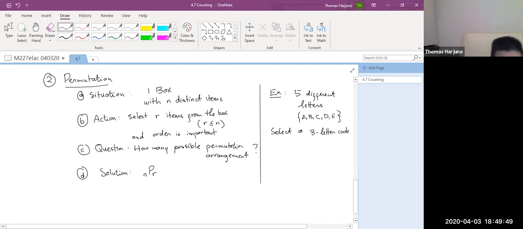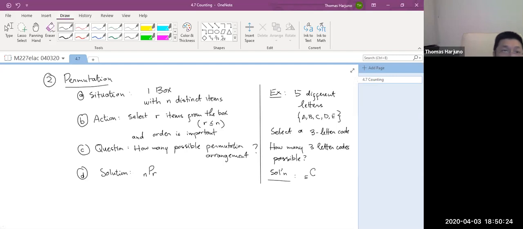Consider that we are selecting a password of 3 letters from these 5 letters. The question is how many 3-letter codes are possible? Now the answer, the solution, will be